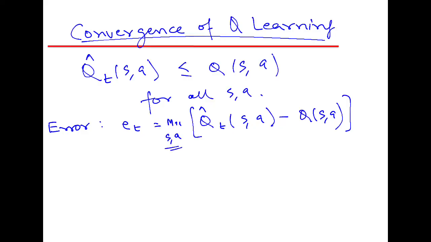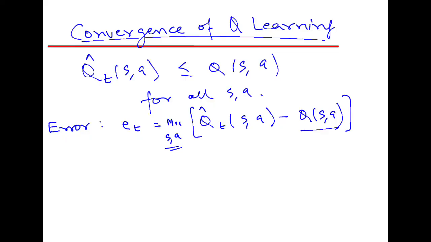Okay. So initially your Q hats are 0. So in the first step your error is the maximum value of Q S comma A, right? The maximum reward that you can get, right? Maximum discounted reward. Now from this, starting with 0, if I visit every state and every action at least once, every action in every state at least once,